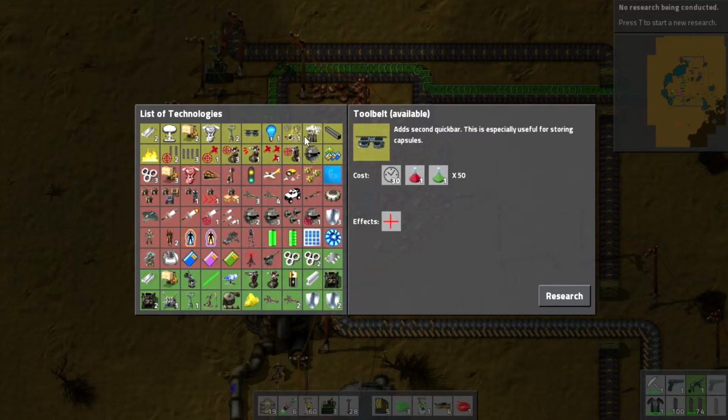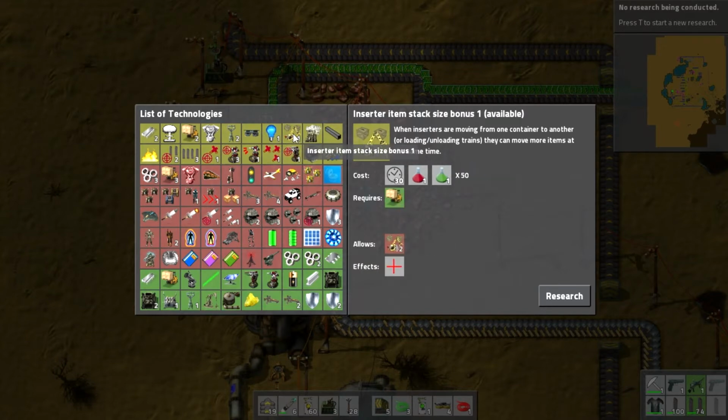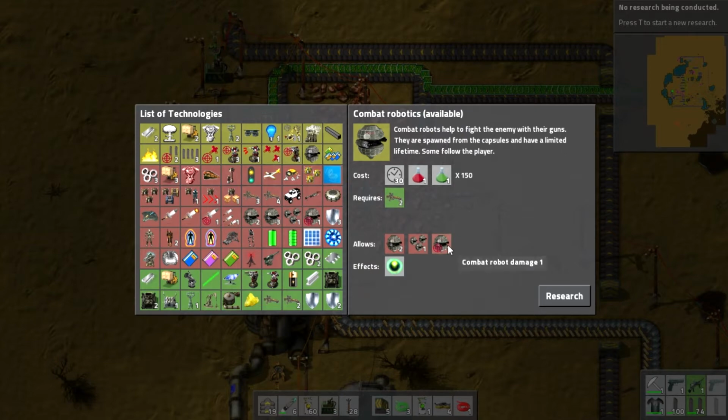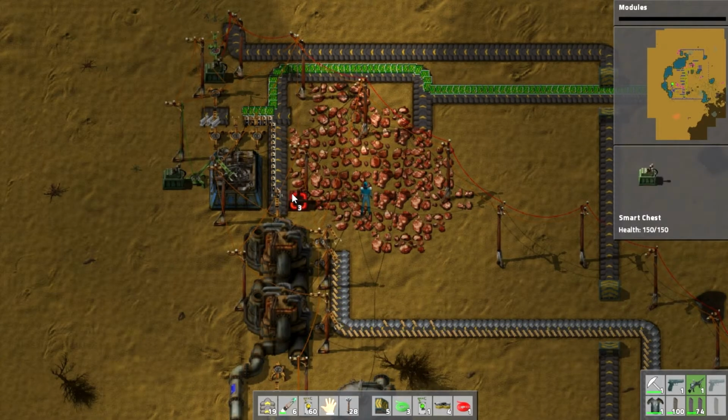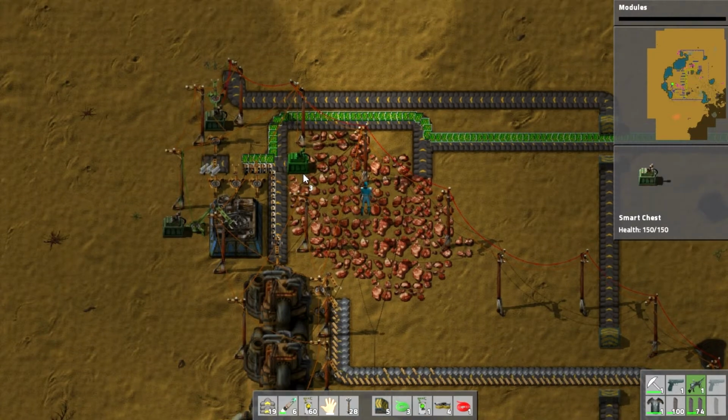Tool belt. Inserter. No. Let's get combat robotics. Combat robot. Follow combat robotics too. Oh no, no, no. Modules. Modules. Okay. So what we want is